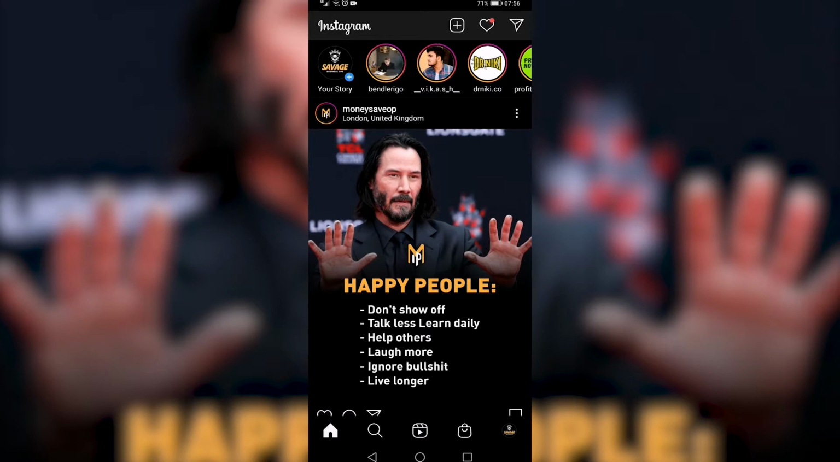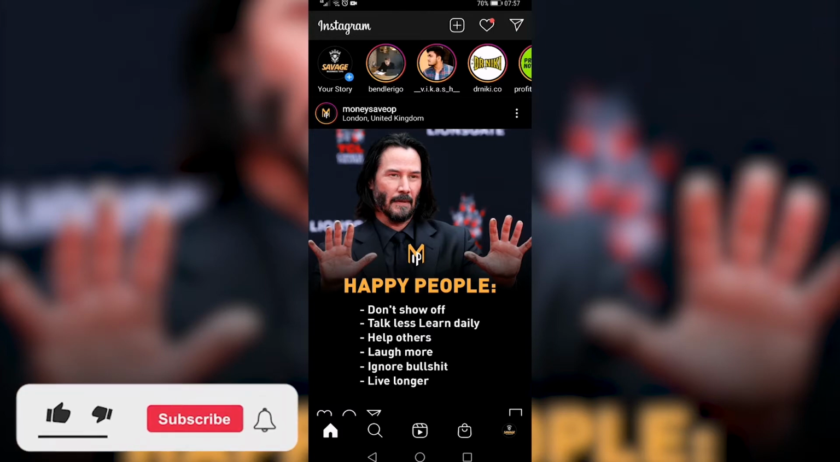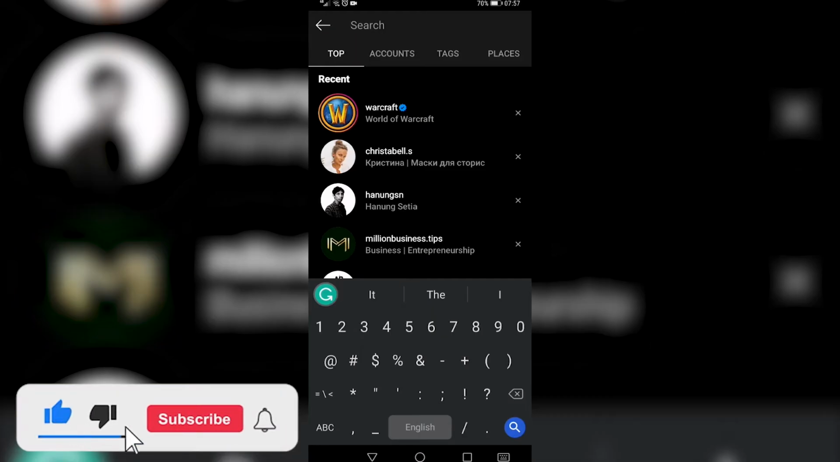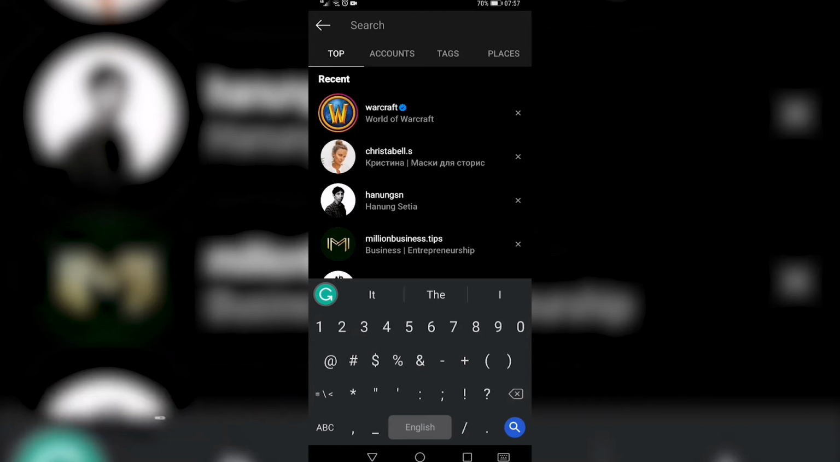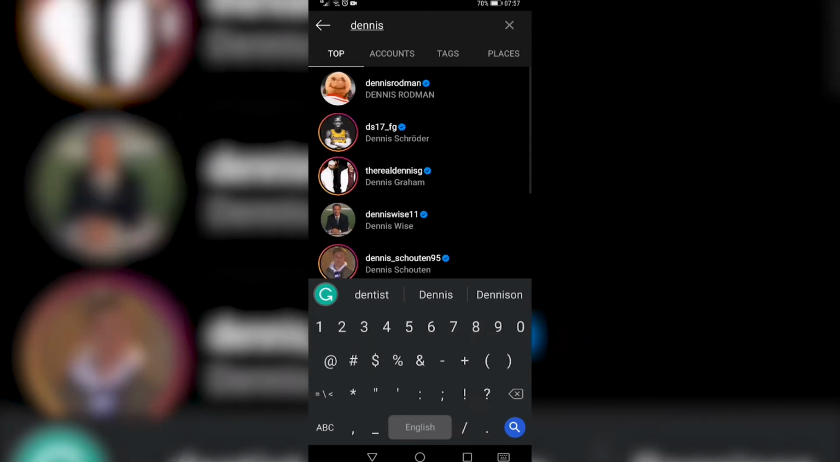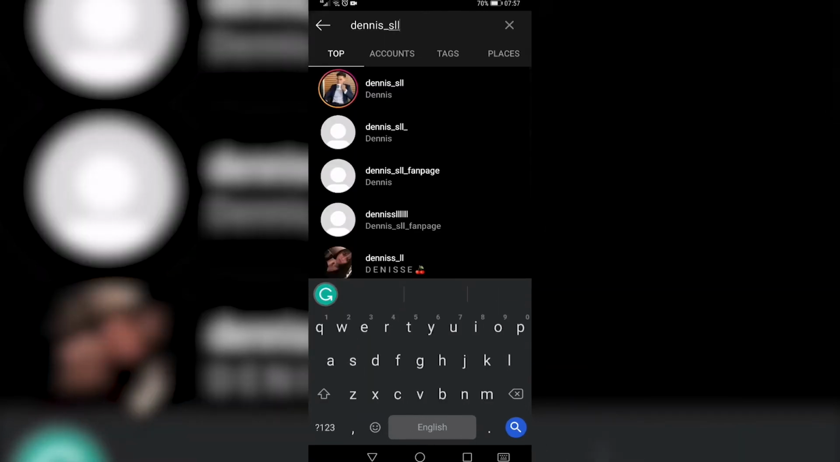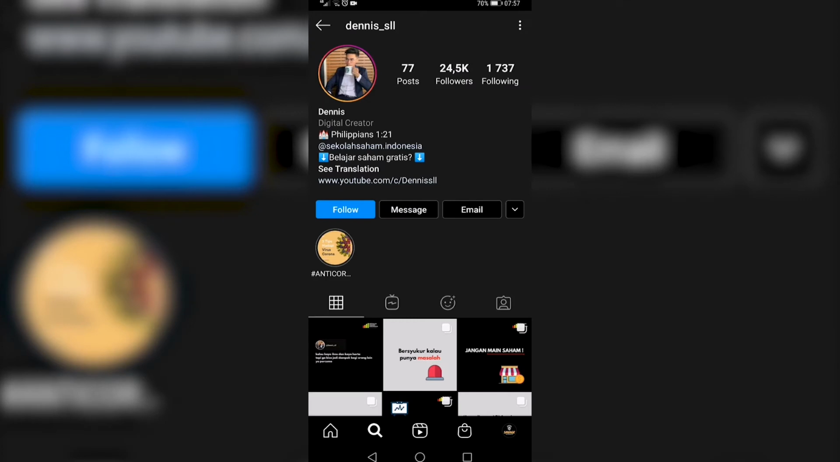Okay, so once you've launched up Instagram, you want to go ahead and tap on the discover option there on the menu. It's the magnifying glass icon. Tap on that. And then in the search bar, you want to search for an account called Dennis_SLL. So I'll go ahead and type that in. And then you want to go ahead and tap on the account, and then you want to go to the